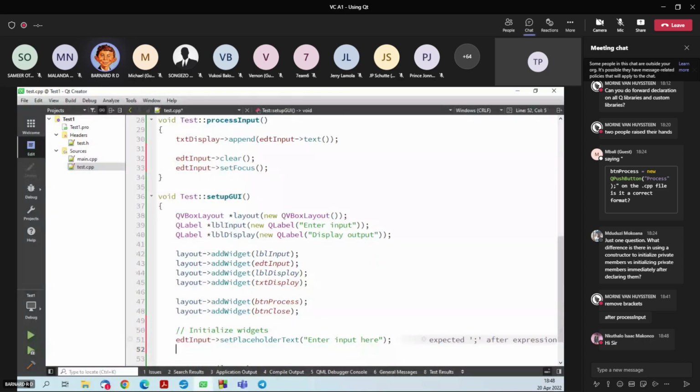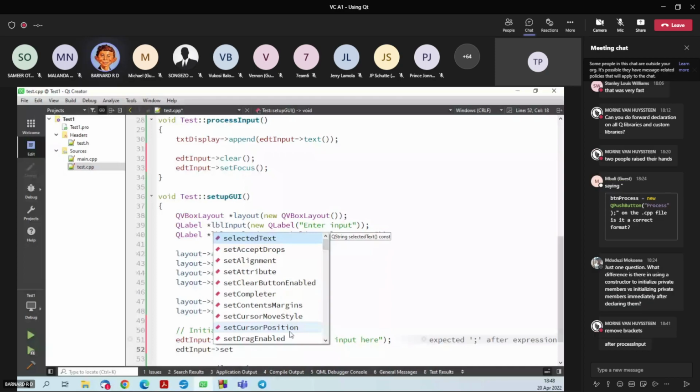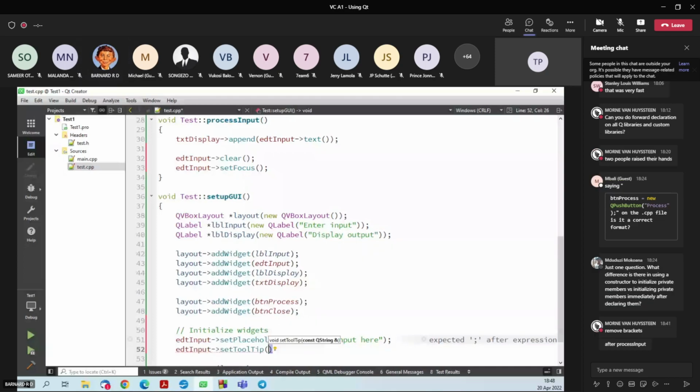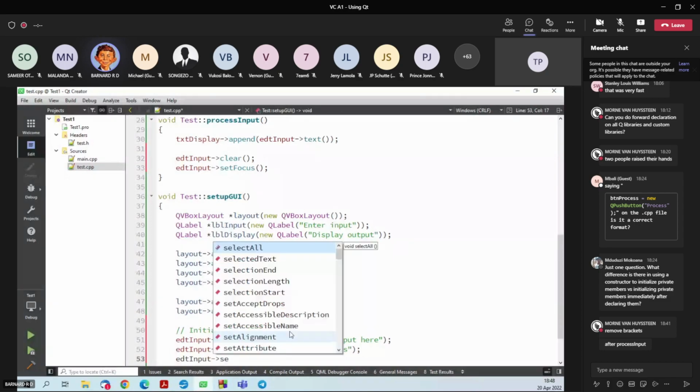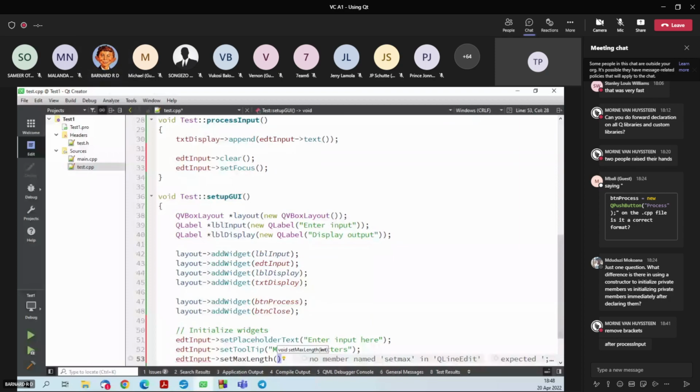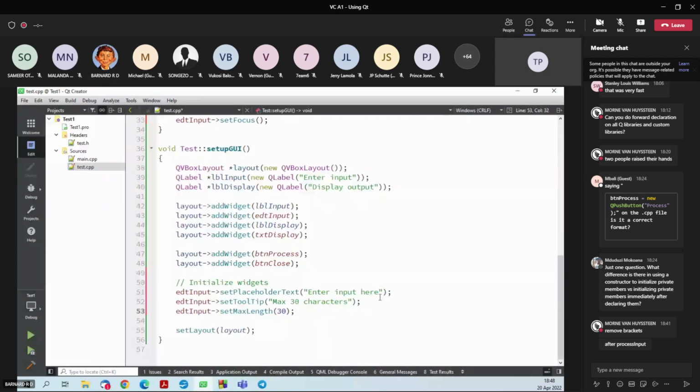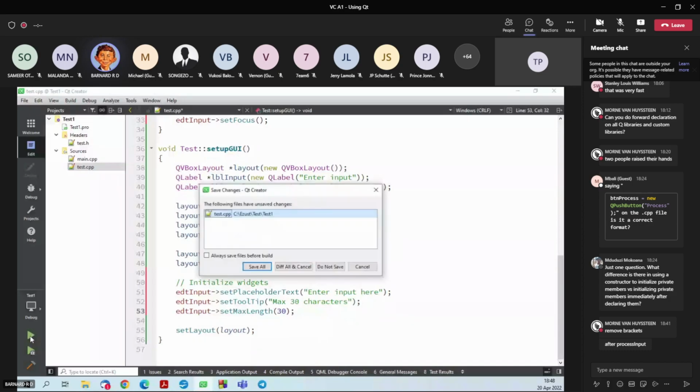And then we'll say edit input, tooltip. Let's say max 30 characters. And then to make that true, we'll say edit input set max length 30. And then if we run it,